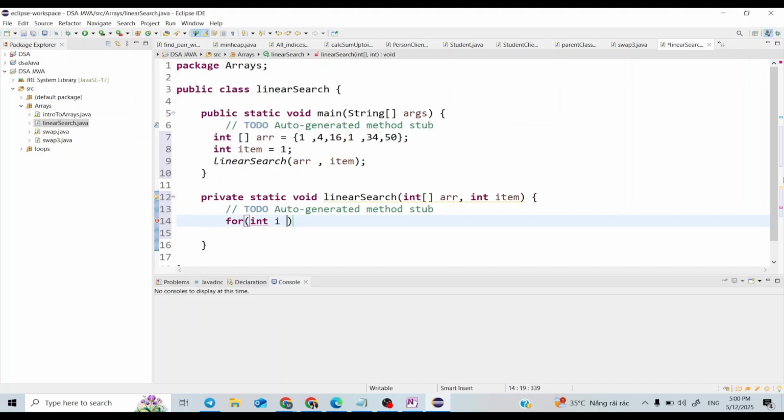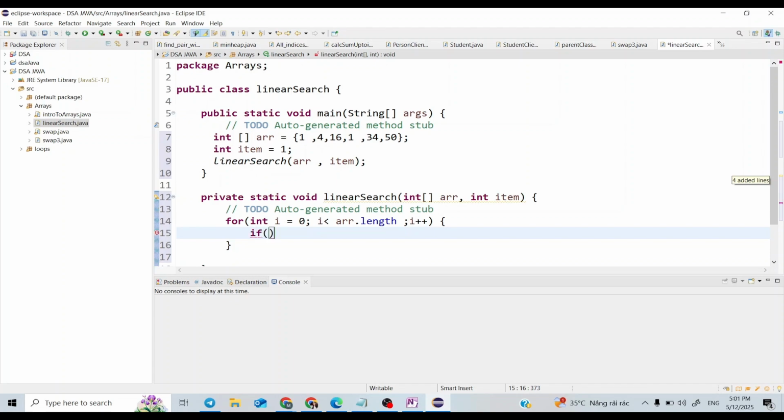I will start looping from the 0th index and go till array.length, that is, till the end of the array, with i++. At each element I have to keep a check: the value that my i variable is currently pointing to, I have to check with this item.